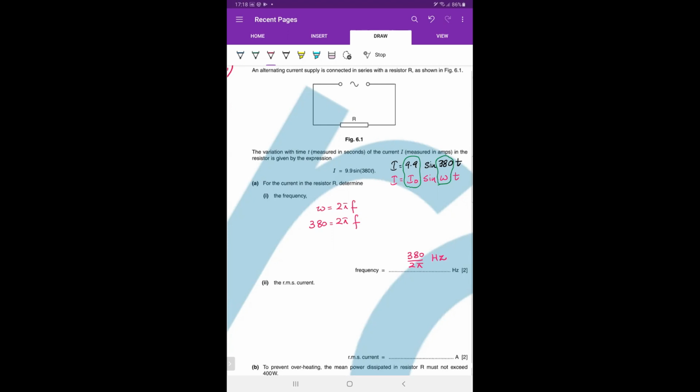The second part में RMS current निकालना है. So apply the formula. Peak value divided by under root 2. So that will be 9.9 divided by under root 2. I'll leave it as it is. Solve फिर आप लोग बाद में कर लेना. Last part में